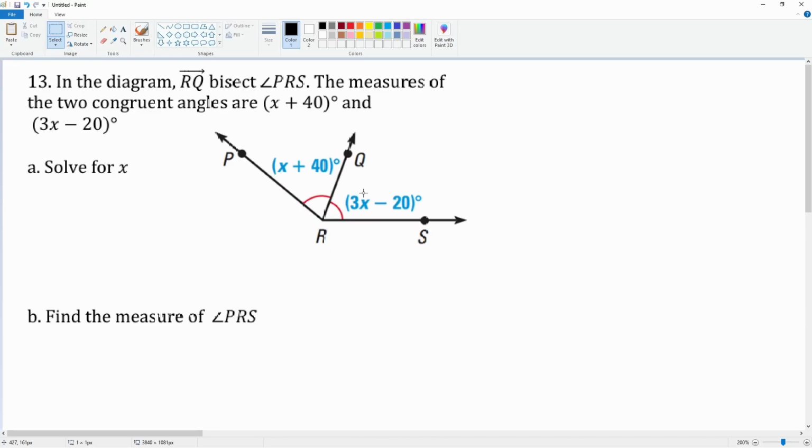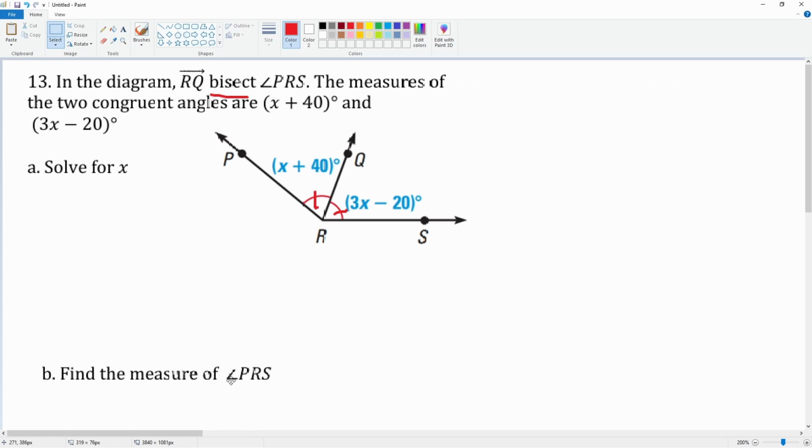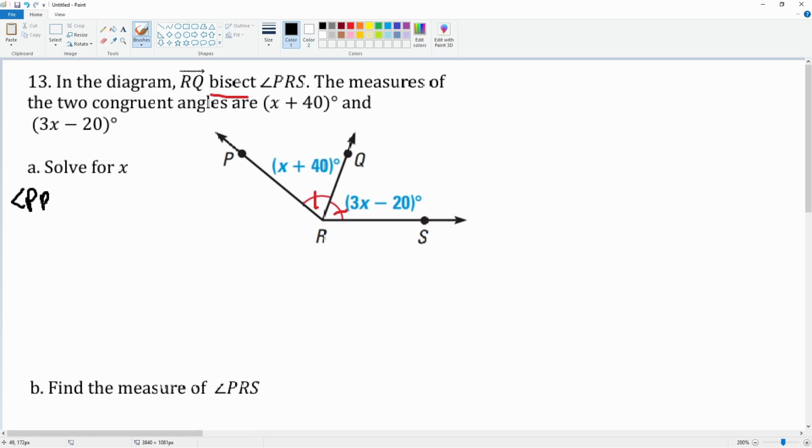Here we have question 13. In this diagram, we are going to be noticing that RQ is the bisector. Once we know that it's the bisector, these two pieces are congruent because it says bisect PRS. There are two congruent angles, so therefore you can now set up the equation very simply because they even said they're congruent. That means angle PRQ is going to be congruent to angle